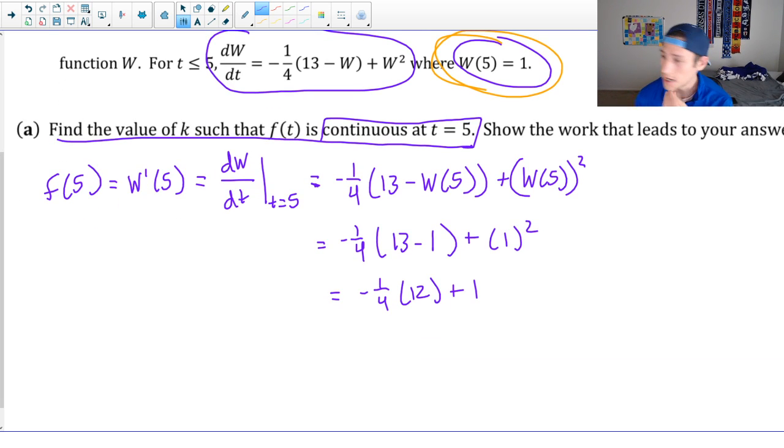Like I said, for continuity, we need to prove that 3 separate expressions are all equal to each other, so I probably should simplify it to be able to tell that all of them are actually equal. Right, negative 1/4 times 12, so negative 3, plus 1,